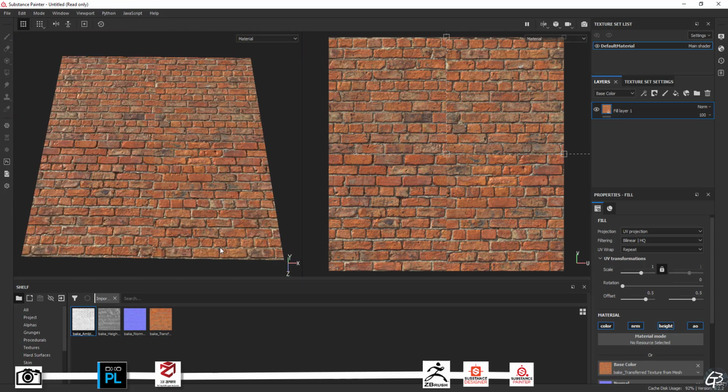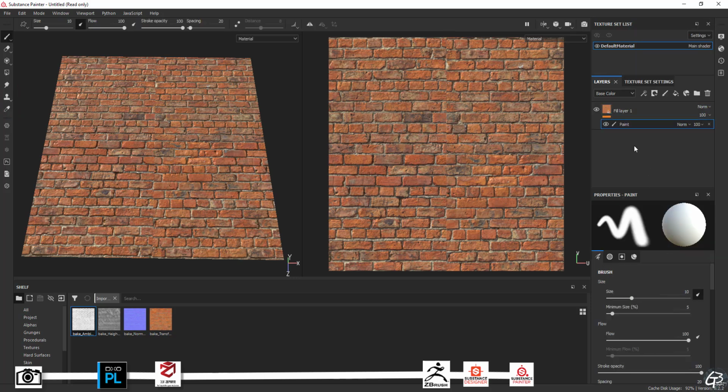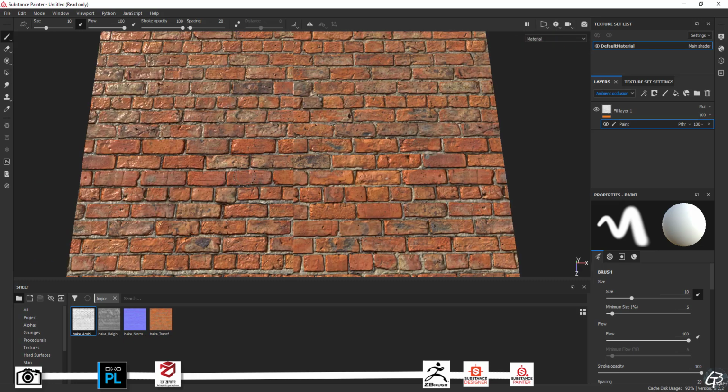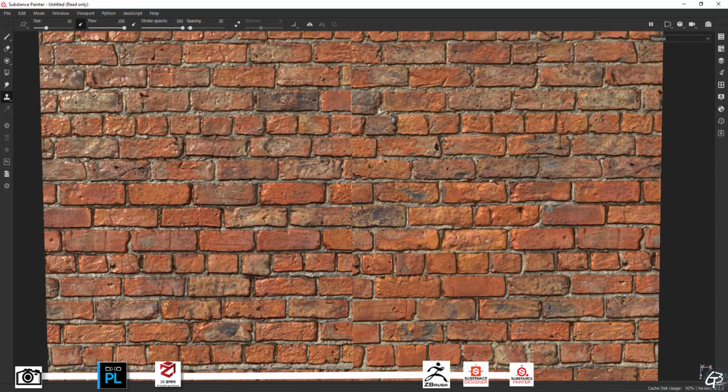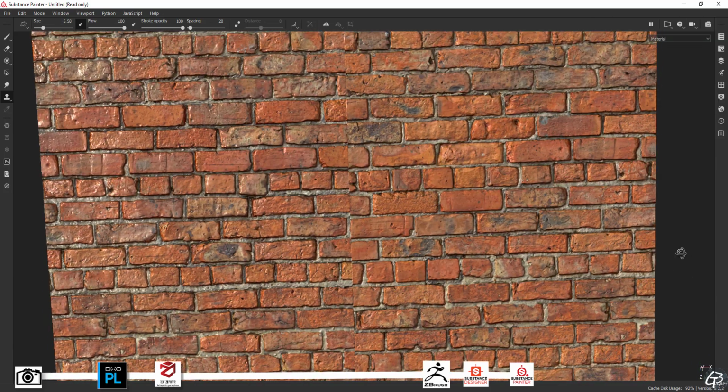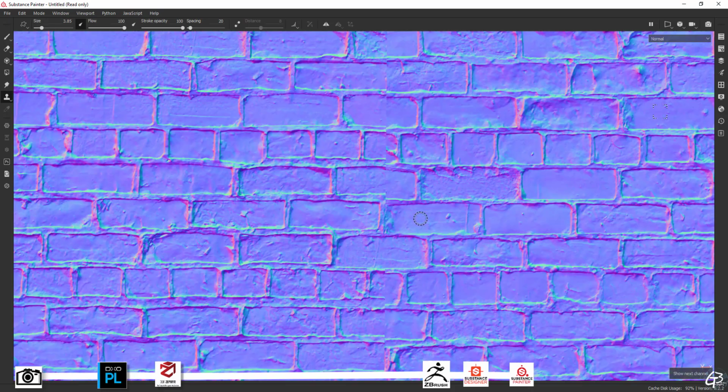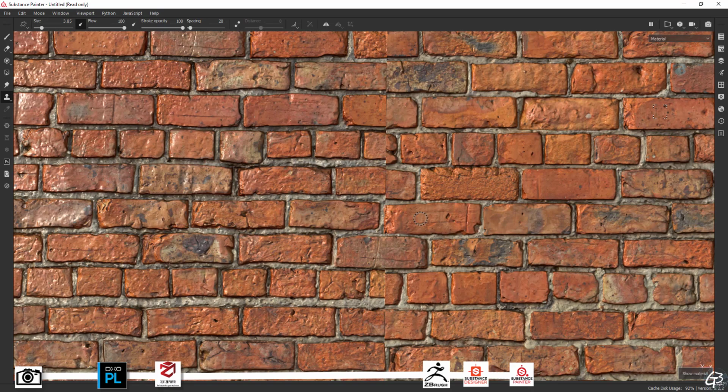To activate the clone tool, we need to add paint and set all its channels to pass through. This way we can activate our clone tool and use it. By pressing V, we select the area to copy from. We can switch to full window mode by hitting Tab. By hitting it again, we bring the full interface back. By hitting C, we can preview each channel separately. By hitting M, we go back to full material preview.